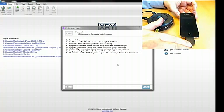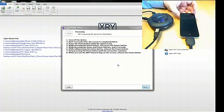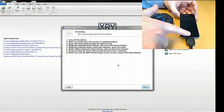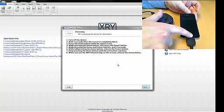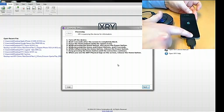Following the instructions, number 2, I have to wait 5 seconds after the screen is completely black. We still have a spinning icon here, so I'll wait for that to completely disappear. So I'll count 5 seconds, and now I'm going to press the home button, and it also says at the same time I must press the power button on the top right. So pressing the home and power buttons, wait 9 seconds,